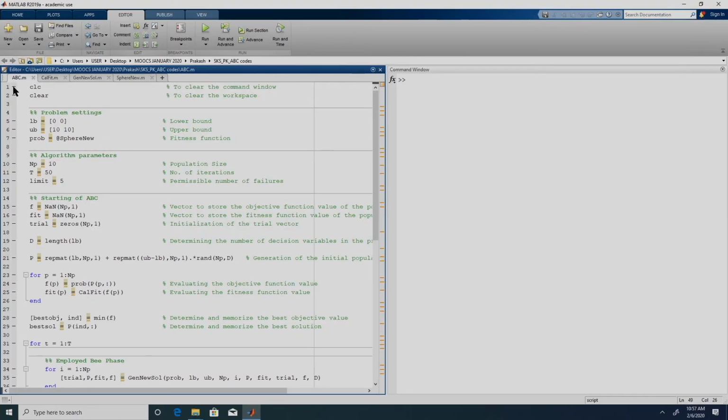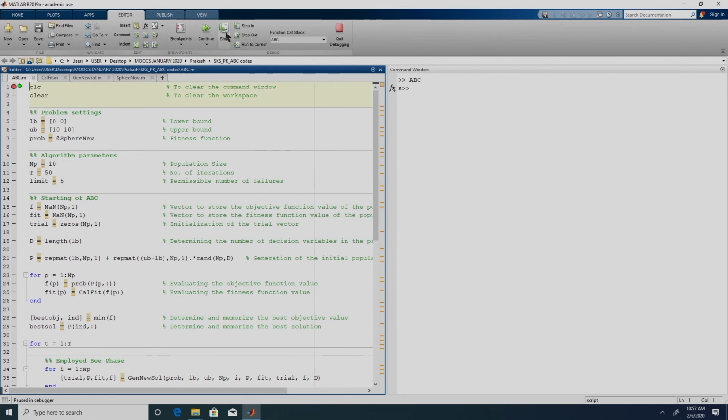Now that we have seen the code of ABC, now we will get into the debug mode and see its line by line execution, so that we are able to better understand the algorithm, right. So, let me just put a breakpoint over here, and if we execute it, right.